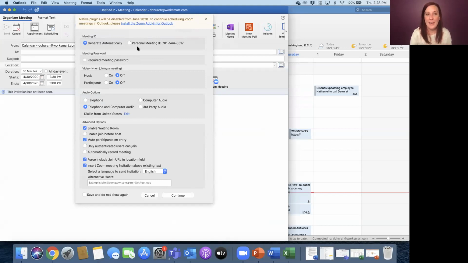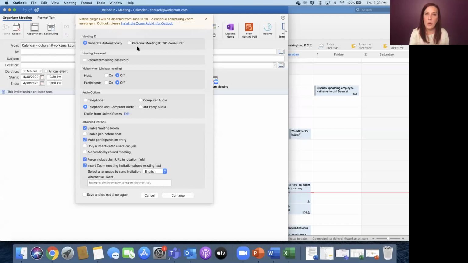Something to note is that the options within the desktop portal and within Outlook are more limited than what you have in the web portal. Within the web portal, you have so many different features, and that's going to be your hub for all of your big settings. These other things are going to be a little bit smaller.